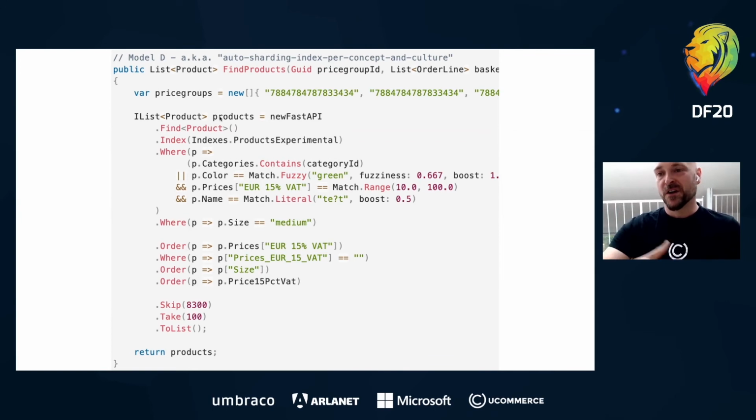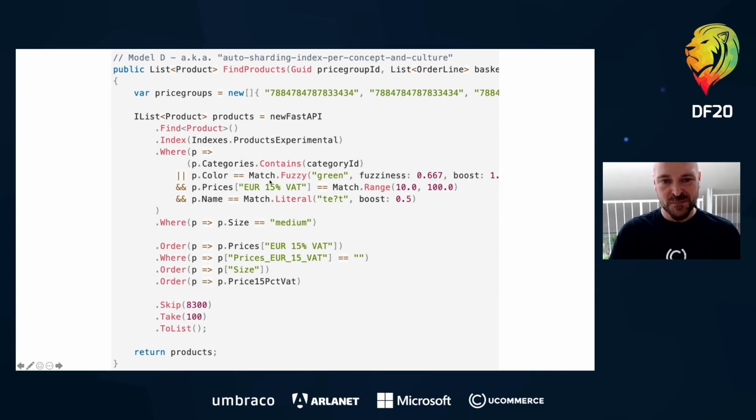So you can use a model or not use a model. It's completely up to you. Then we have the index itself, which stores various versions of what you need, and then the where clause here, which is where all the fun and interesting stuff happens. So we have support for your classic queries like finding a product in a category. We can match up values based on text, and we can do fuzzy matches.